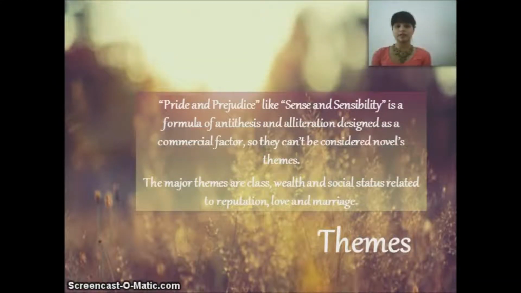Now let's talk about the main themes of the novel. Even many critics, when they have to analyze the main themes of Pride and Prejudice, take the novel's title as a starting point, but one should not focus on it because Jane Austen here used again the formula of antithesis and alliteration, designed as a commercial factor, exactly as she did in her previous successful novel, which was entitled Sense and Sensibility. So after this clarification and moving to the major themes, we can say that they are often universal